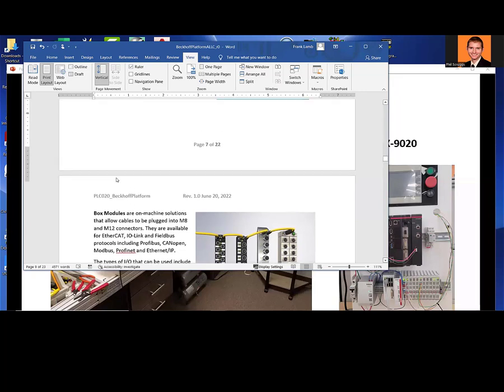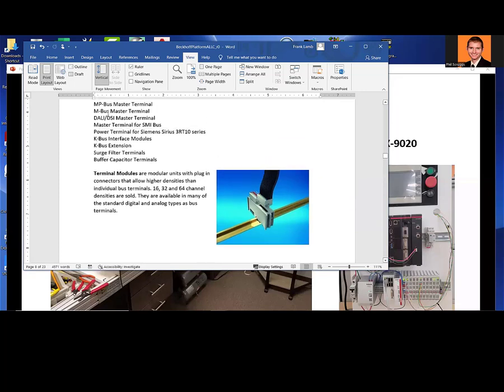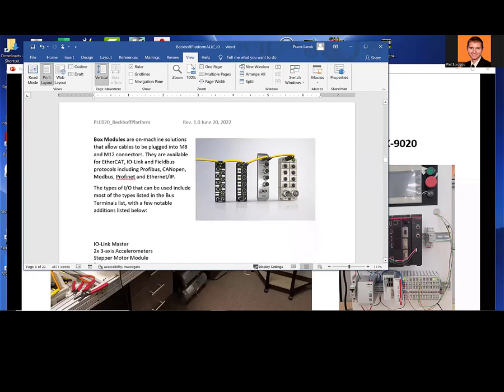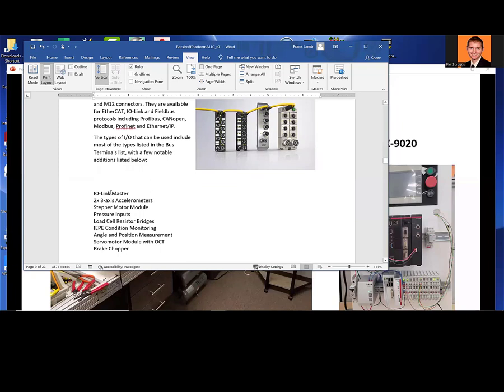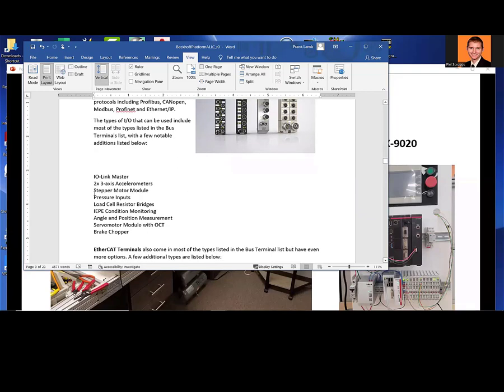Most of the things that you saw up here in this list that I listed here are also available in the box modules, and then I found some things that were extra, right? So you can be an IO-Link master with one of these. And I know that Automation NTH uses an IO-Link master in the bottom of the machine that I documented in my book. You can put accelerometer